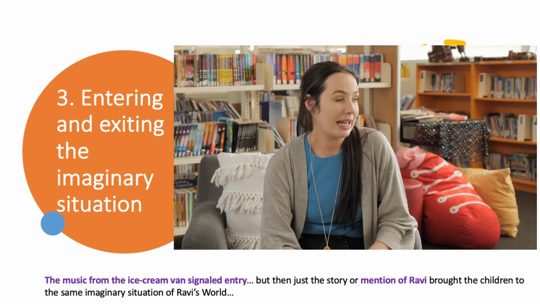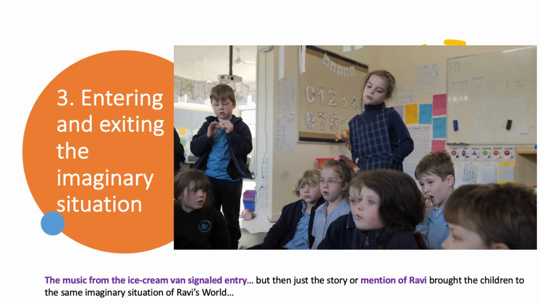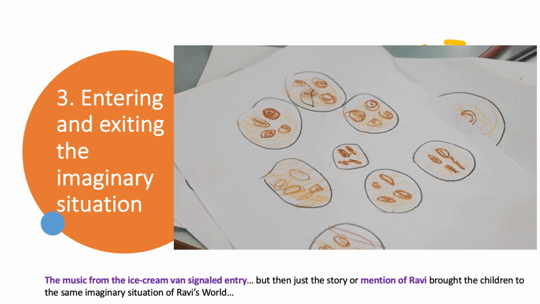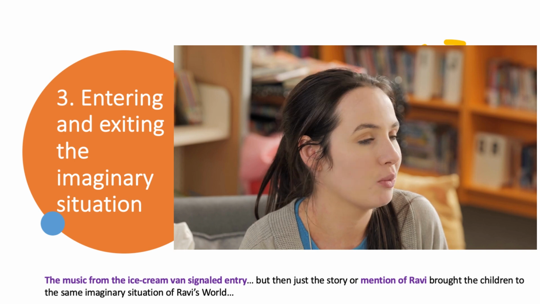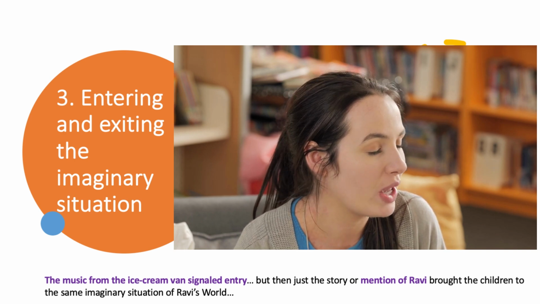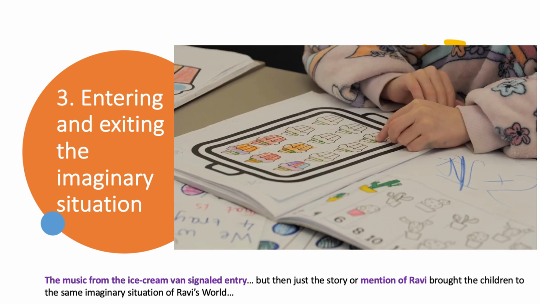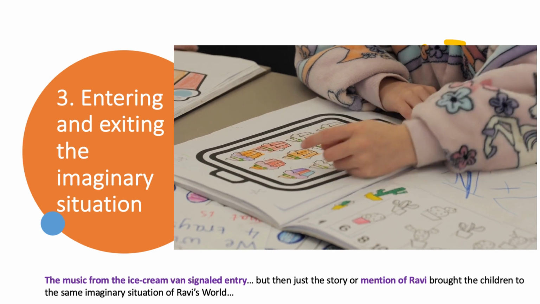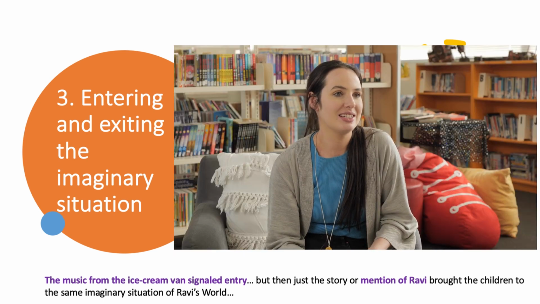If I was doing the letter, we wouldn't necessarily have an exit, but we might come back together and share our findings. Normally I would have them complete work in their own books. We would come back and share it, and we would make a class decision on what we wanted to give to Ravi. So it might be that we're giving him information on how many cupcakes are going on the tray, and that was sort of our exit, was having that completed work together.